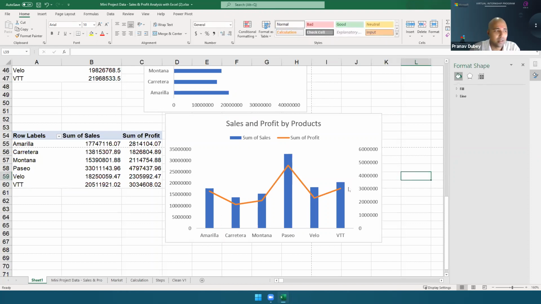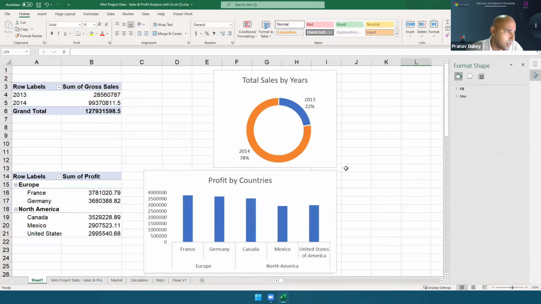Now my charts are ready. So everybody, please keep your chart ready. Now the next thing that we are going to do is to put everything onto one dashboard and create our dashboard. We will do now.